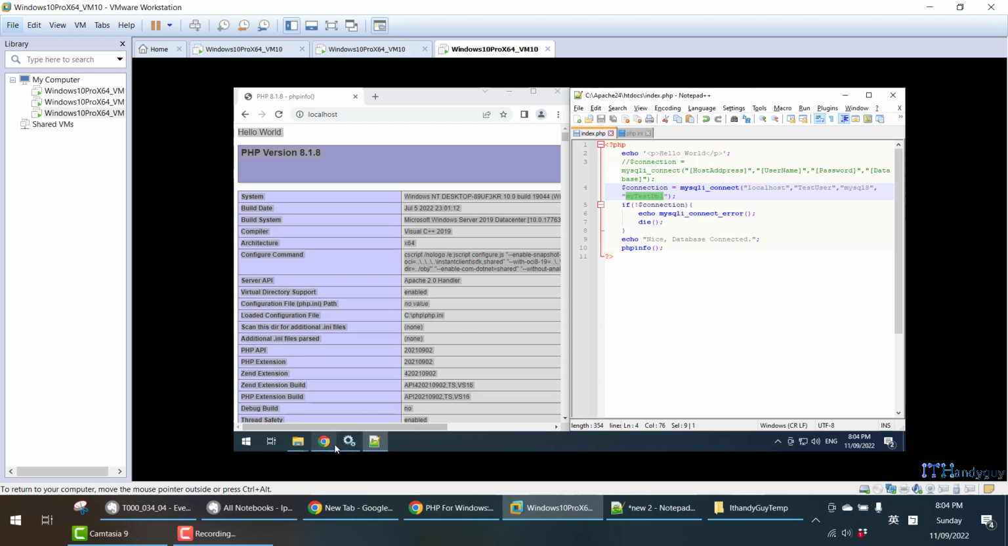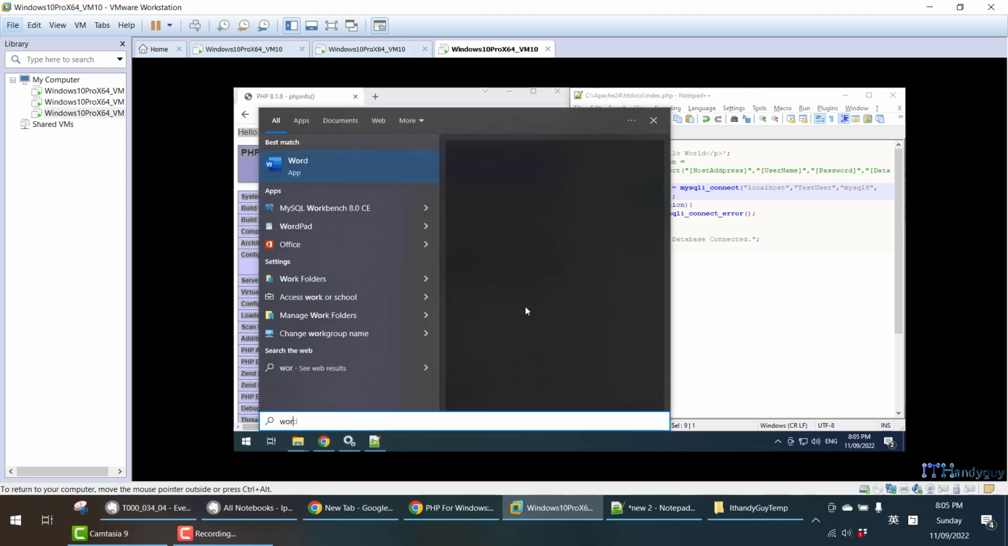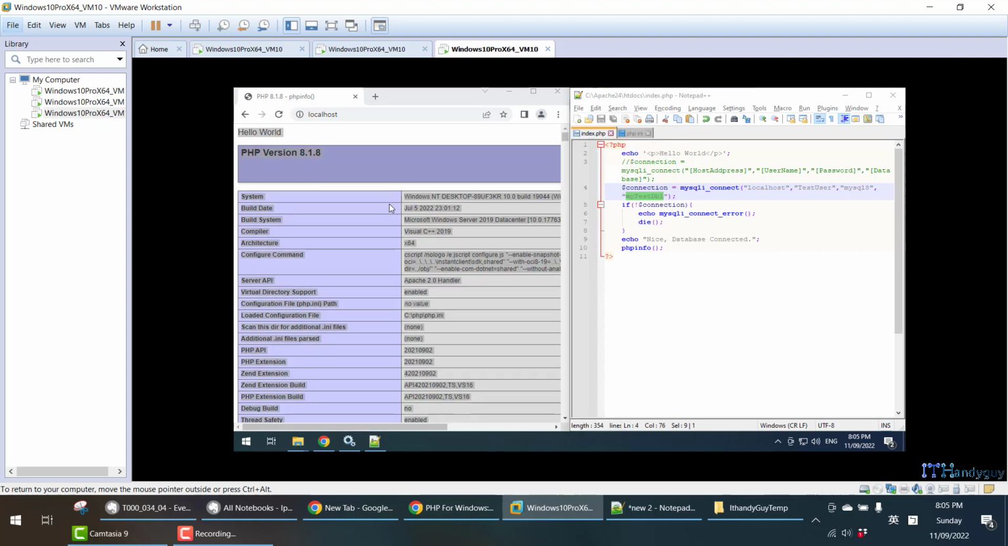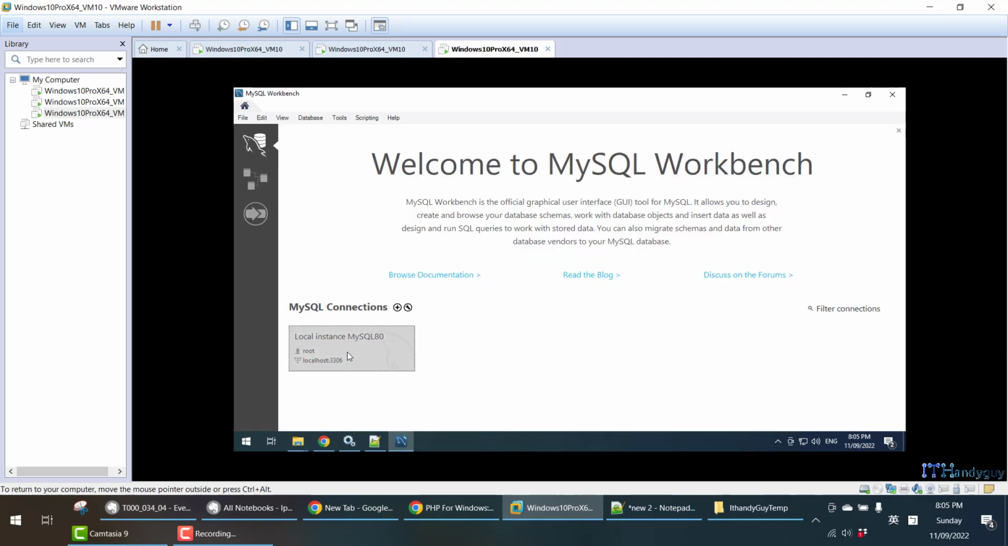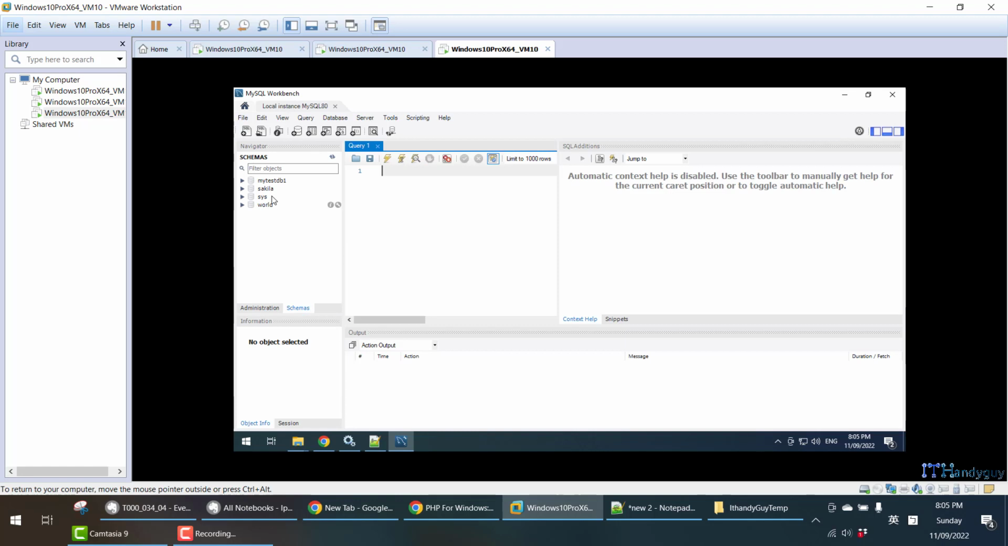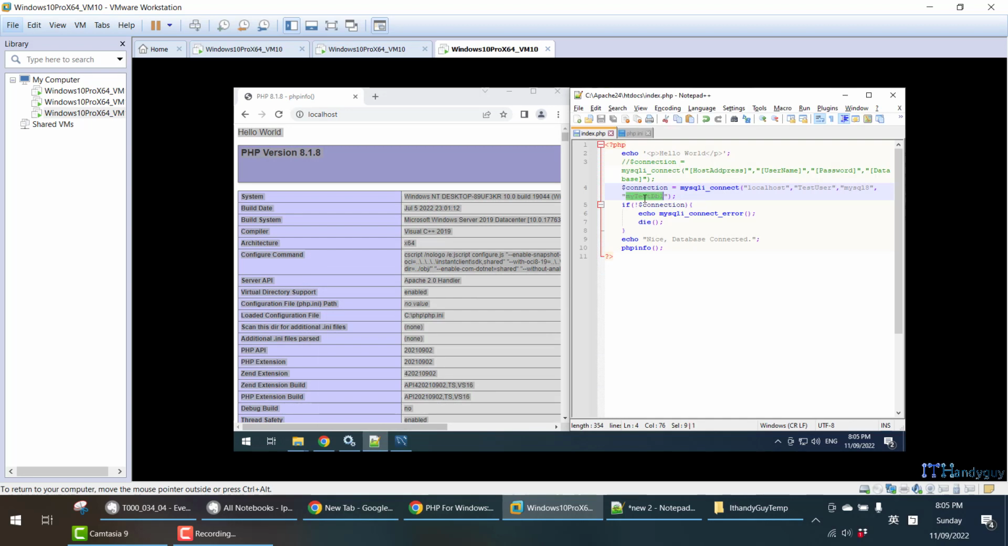My test DB1. If I open Workbench and connect to the root, go to the schema, you will see I have a database called my test DB1. So I'm going to type my test DB1, and after that, if it didn't connect, then return the error message. Die means don't do anything. If the connection succeeds, it will jump out of this if,